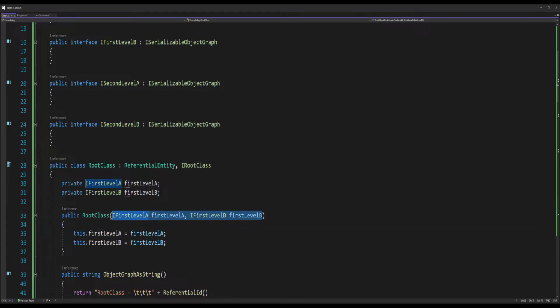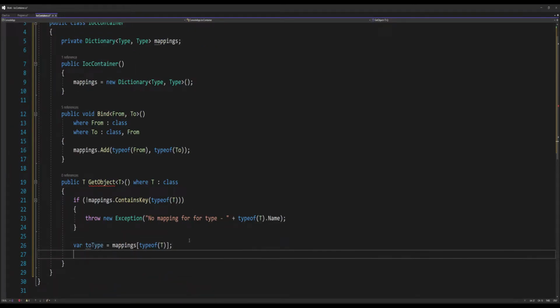But in essence, I need to get this constructor, and I need to create objects, create the parameters for these as well. I first level A, first level B for this first iteration. So going back to here, I need to get that first constructor. So var constructor equals type dot get constructors, and I'm going to add single, as there should only be one public constructor for these